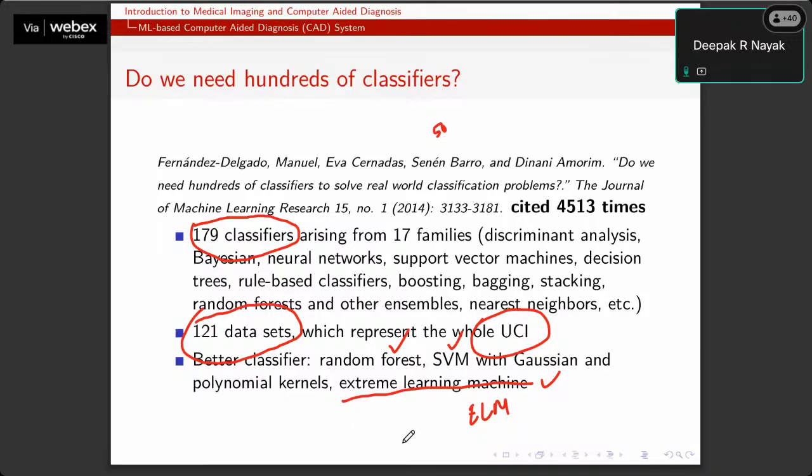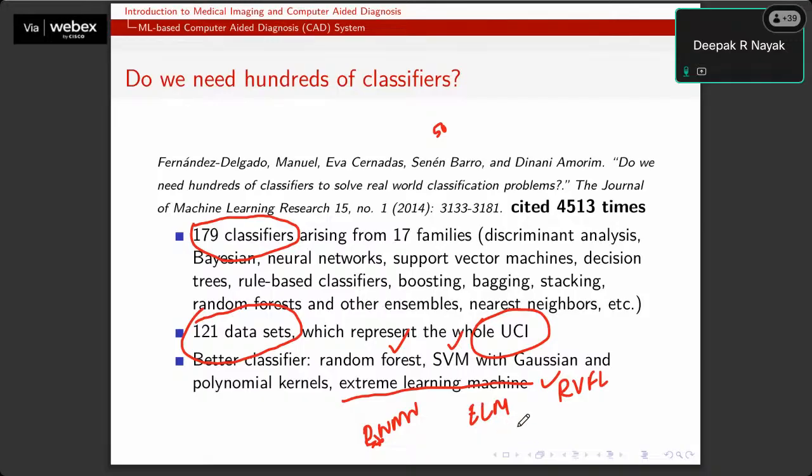ELM is a kind of randomized neural network. It is not the only kind; there is also another very popular randomized neural network known as RVFL, the random vector functional link neural network. So these are known as randomized neural networks, and the extreme learning machine is a kind of algorithm.